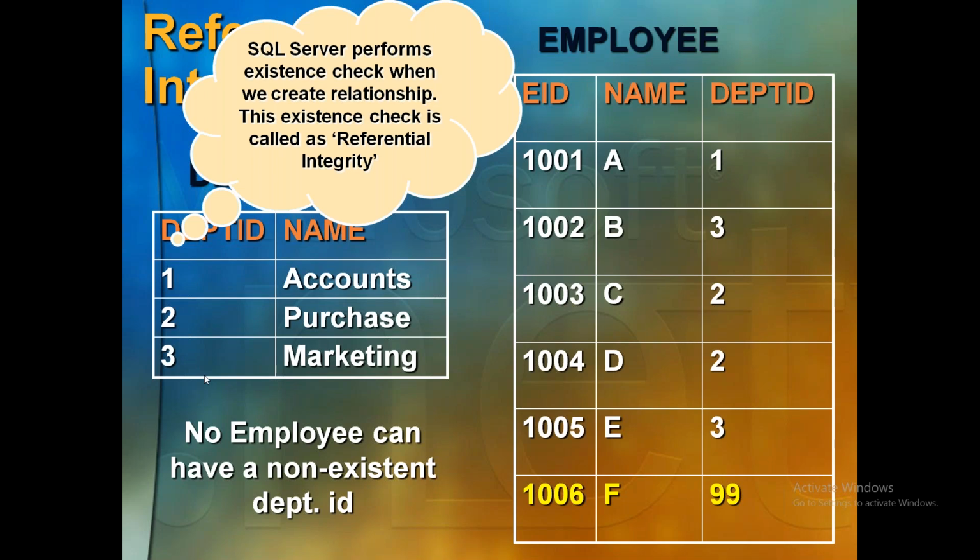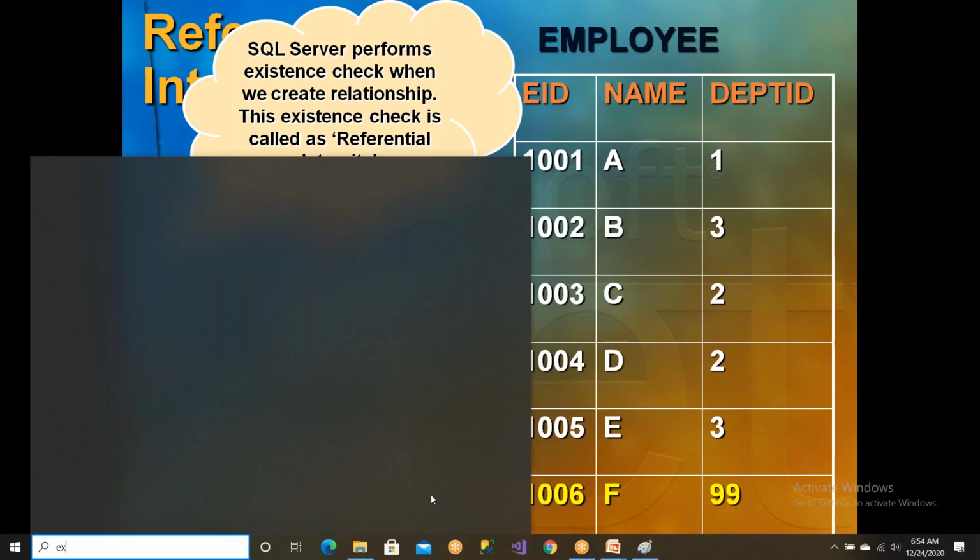Remember this point. When you get a foreign key violation error, that means whatever value you're giving here is not existing in the primary key table. That is what you need to remember forever. This is a common error that you're going to get everywhere. Clear? So now the entire row gets deleted. Now, I want you to understand